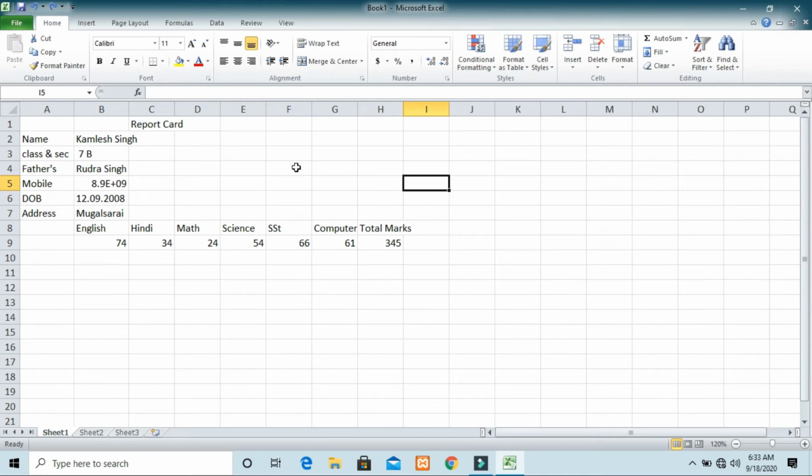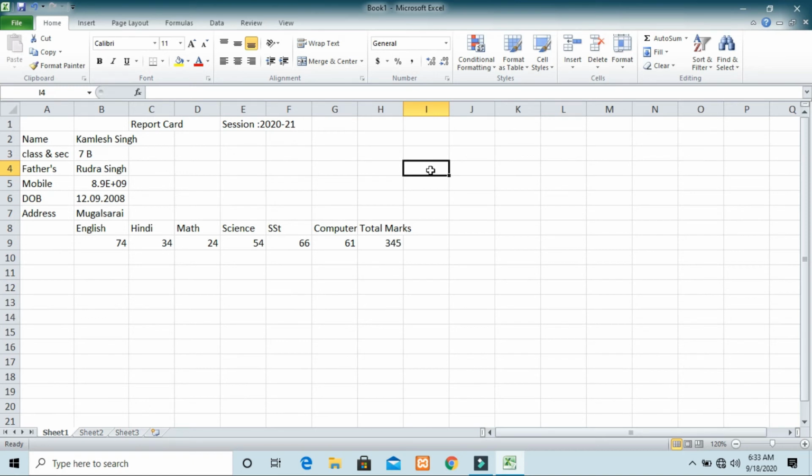Undo is basically used to go back to the previous step, and redo is just the opposite of undo. It means it reverts the undo. Now if I press Ctrl plus Y, it will again show you the task which I have removed.